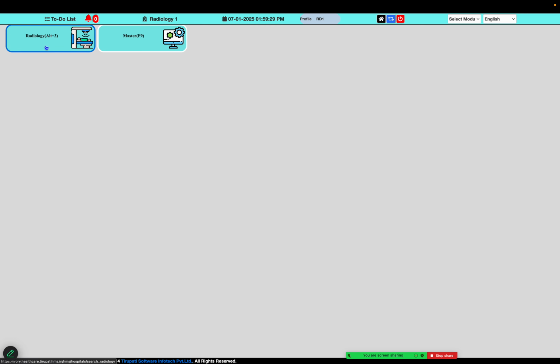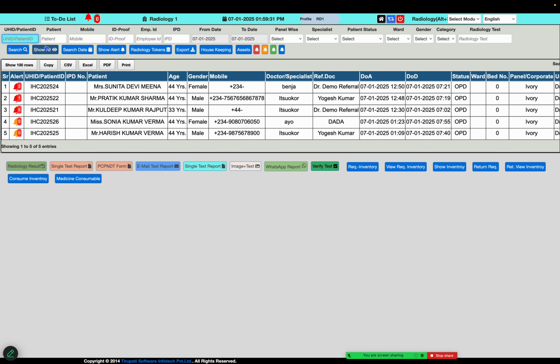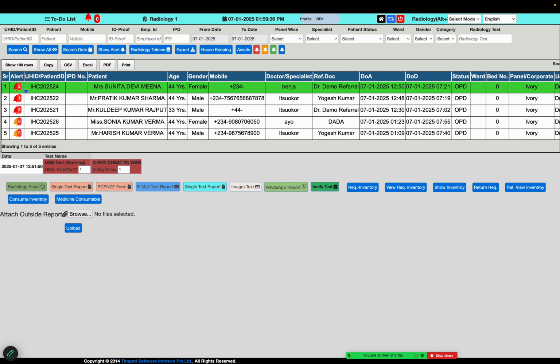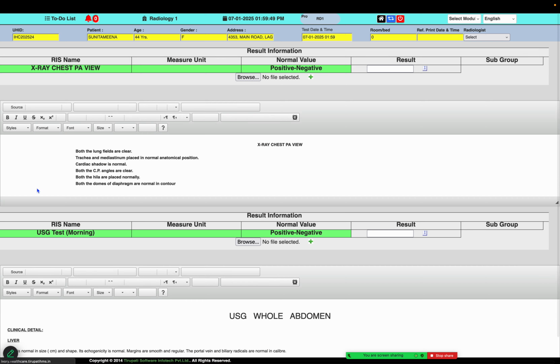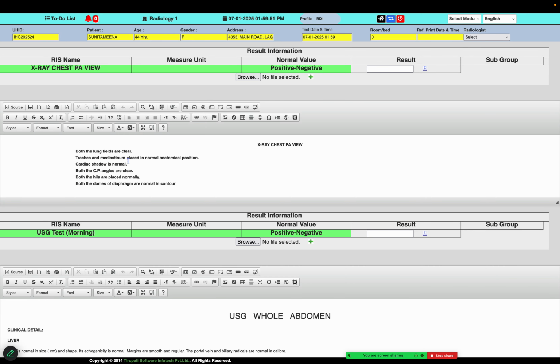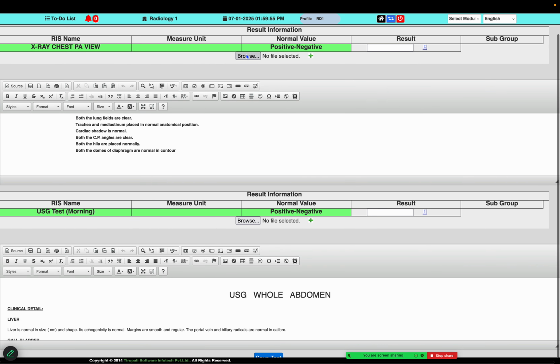And the radiology department will have an option list of patients similarly, but they will see only radiology tests, no laboratory or any other service requests will be reflected here in the radiology section. Okay, so here we select the radiology request test of any certain patient, go to the radiology results window. Here they can upload images and X-ray and report for this particular patient.